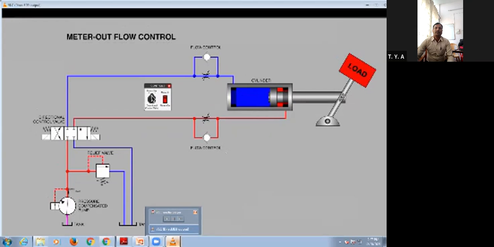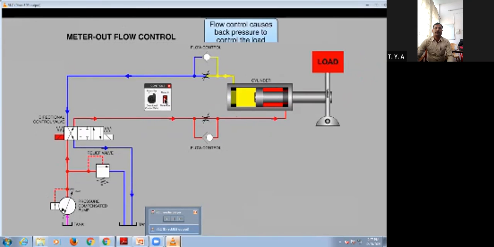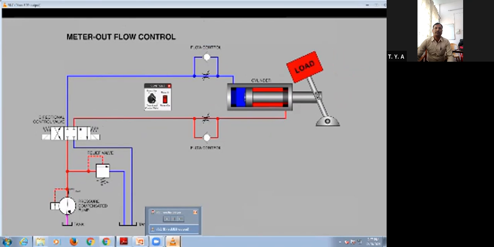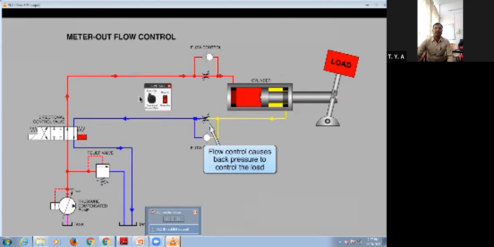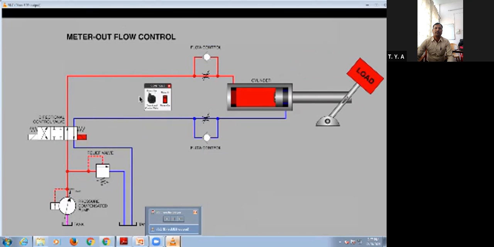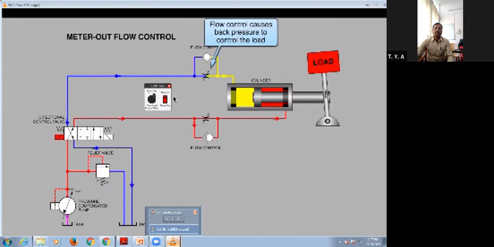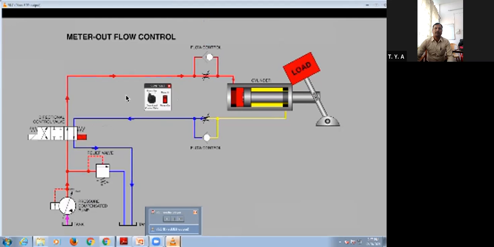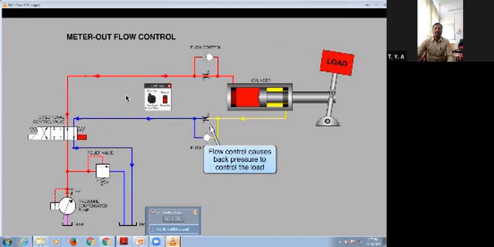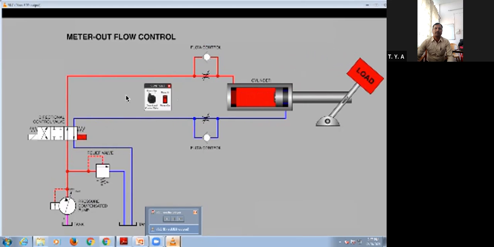And really, whenever there's a runaway load, a flow control is a little overly simplistic, and in many cases, when you need to move the load quickly, a counterbalance valve is a much better choice, and of course, no risk to pressure intensification on the rod side as long as that counterbalance valve has been chosen and specified correctly.